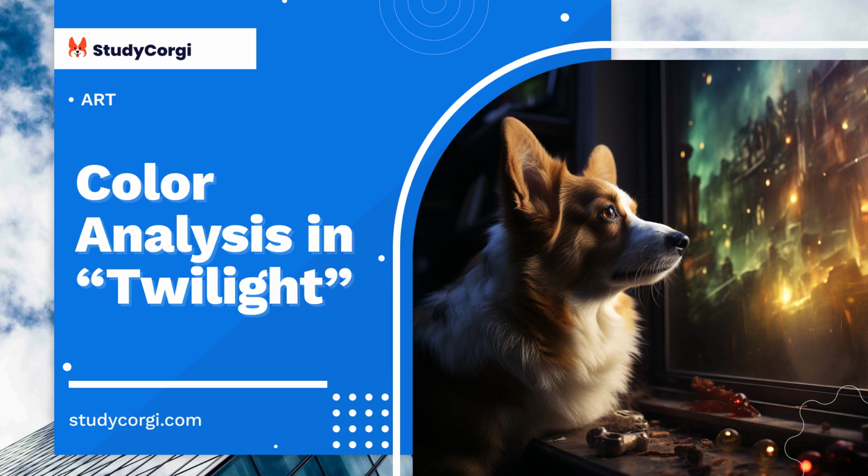Bella finds herself in a dilemma between leaving her past and taking a dangerous life path. Various elements in Twilight, such as color, have shown the difficulties of a forbidden love story and what people are willing to sacrifice for their loved ones. This essay analyzes the choice of color in the movie, explaining why the directors chose specific tints for the scenes.